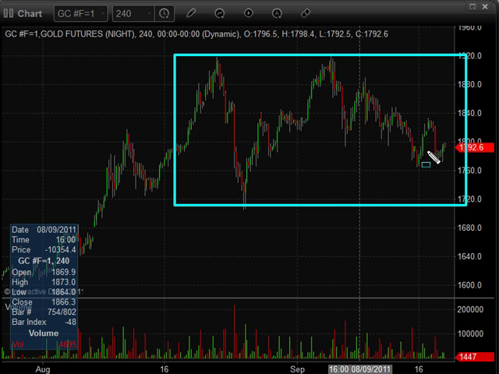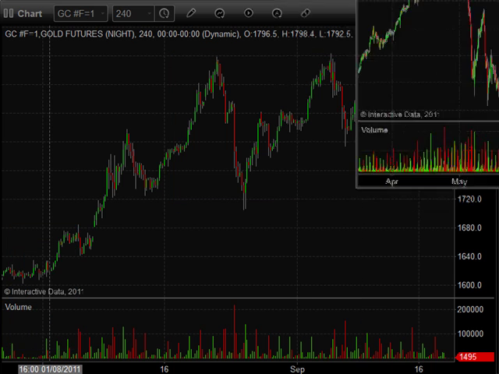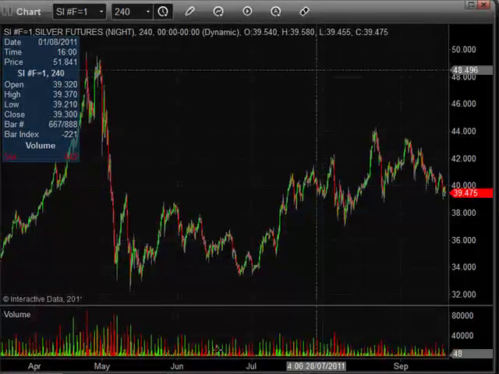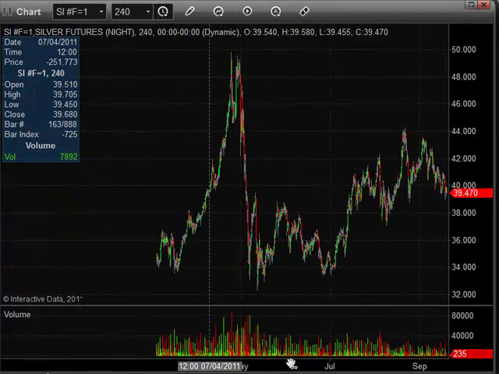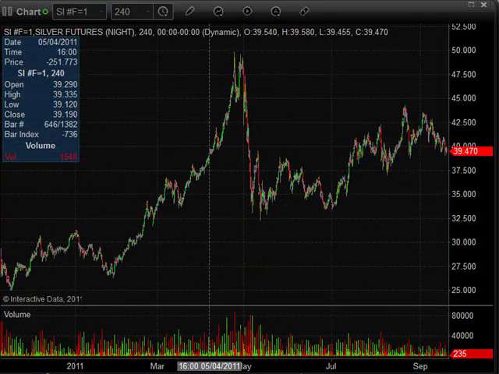I would rather wait for a dip, if we do get a really nice dip, and let it start to form a base and look to go long again in the future. Silver chart real quick, very similar price action as gold, except it's trading ahead of what I think gold is going to do.